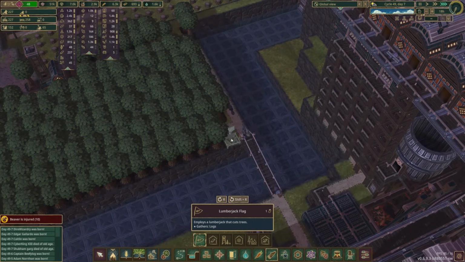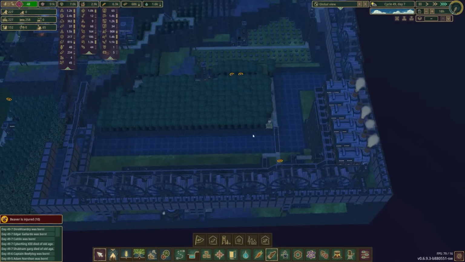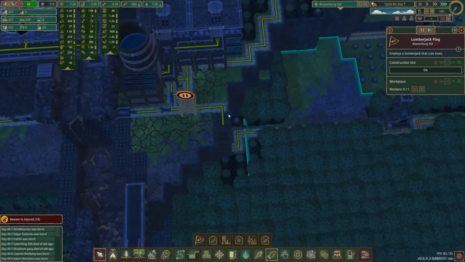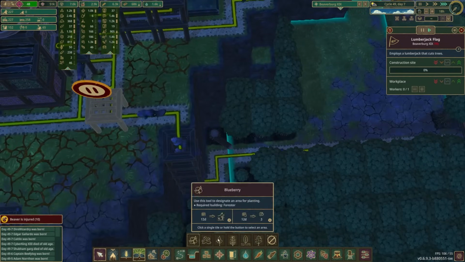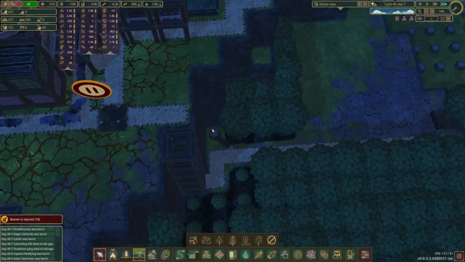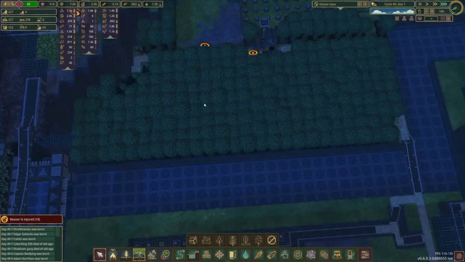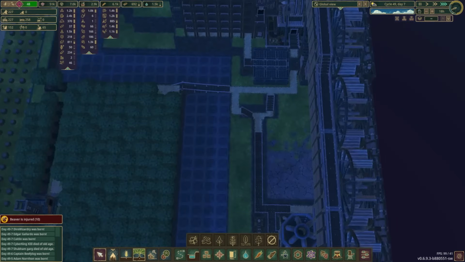But, yeah, no, you know what? We'll just do that. We'll put a lumberjack flag there. That guy will be able to reach a lot of this stuff. Not everything, but a lot of it. And hey, look what I see right here. I see an opportunity to put a lumberjack flag and take care of cutting all these trees down, straighten this